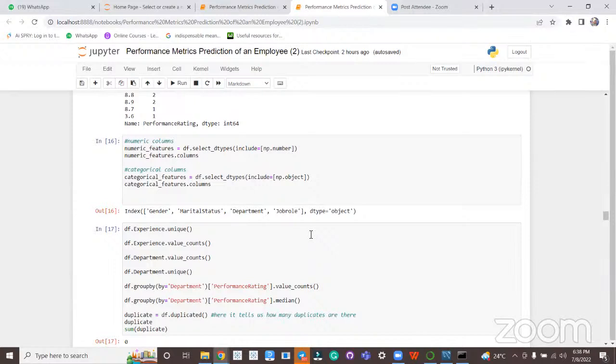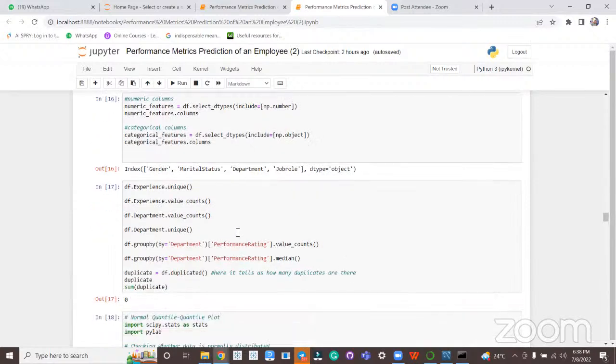We categorized the data into numeric values and categorical variables, separating them. And then we performed a bunch of functions on these data sets, like what is the experience, how many values are there in each experience, how many departments are there. We also saw the code for grouping the data from the department perspective.